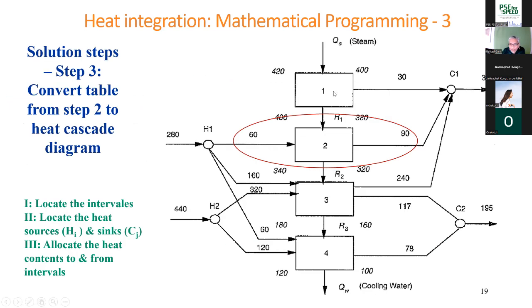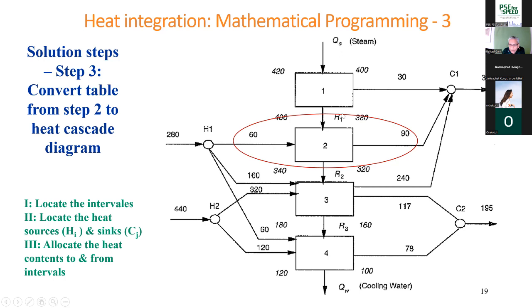Any energy that comes from interval 1 to interval 2 is R1. Energy coming from interval 2 to interval 3 is R2. Energy coming from interval 3 to 4 is R3. And then any steam that is added is here. Any cooling water that is removed is here. So QS is this, QW is this,